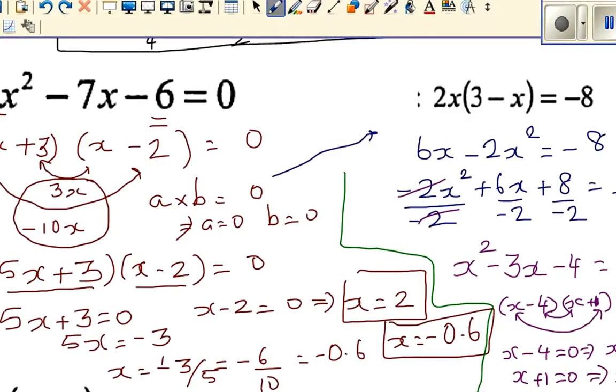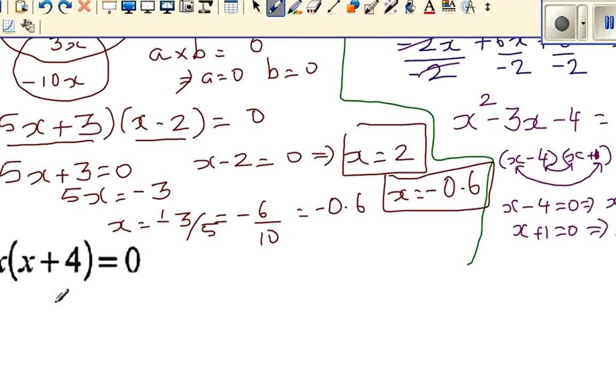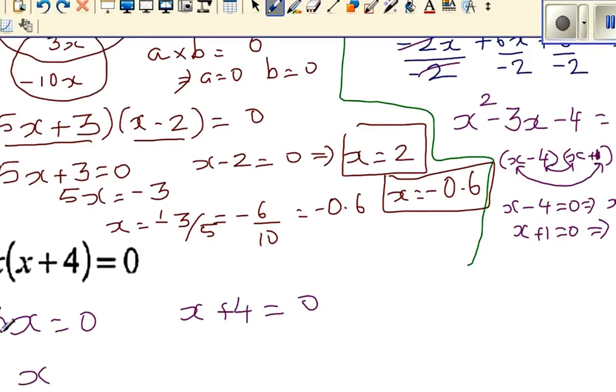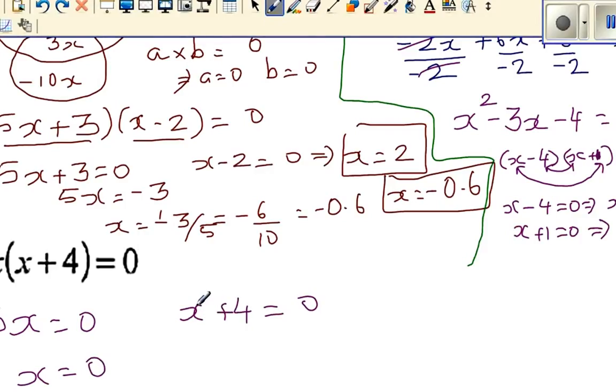Okay, the last question. Now here, again, you can apply this rule. Product of two numbers is 0, so 3x is 0, and x plus 4 has to be 0. So if 3x is 0, 3 times what gives you 0? This has to be 0, so x is 0. x plus 4 is 0. What plus 4 gives you 0? So x is